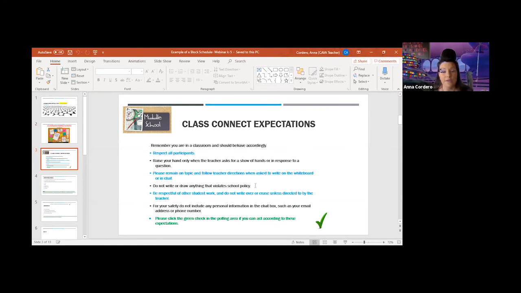Does anyone have any questions about why write the expectations or what this is for? Okay, so you're giving me a Y, or my students give me a green check mark or whatever. You'd be asking students to give you a Y, like you are now, that you can see this, you understand, and we can move forward.